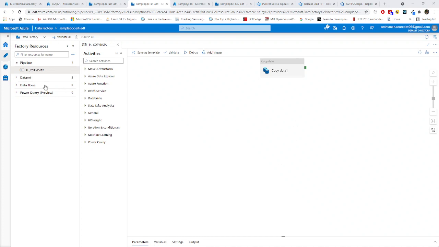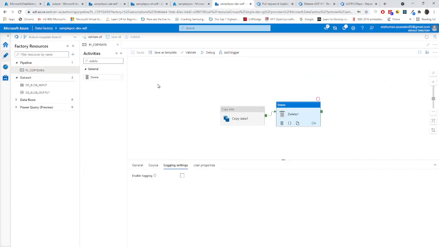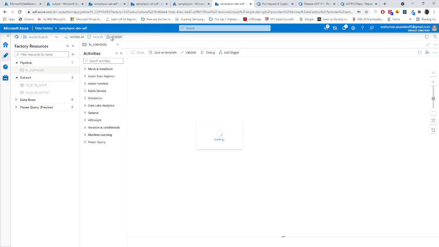As you can see, SIT doesn't have this thing. Why? I should just check whether I have made some mistakes or not. Oh, okay, I got it. I have not published this thing. For that reason, our ARM templates didn't get updated.